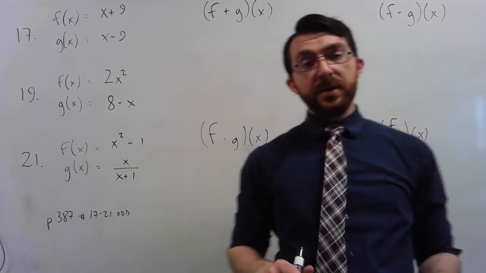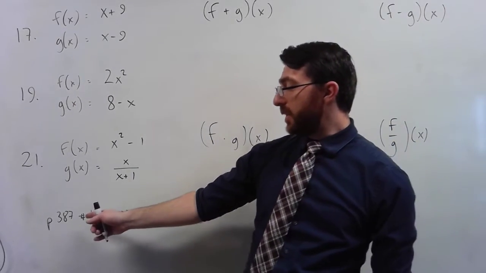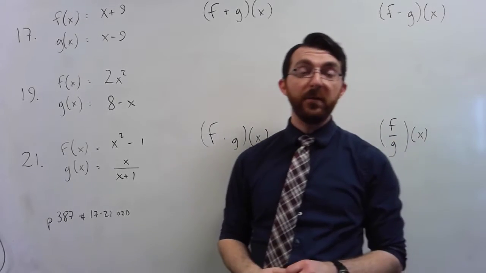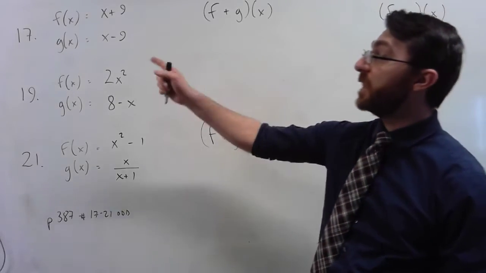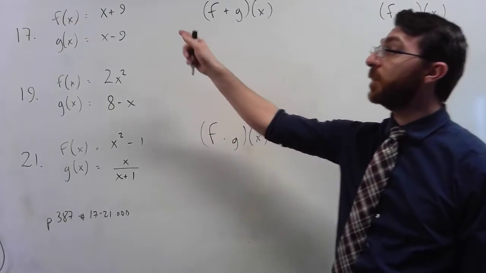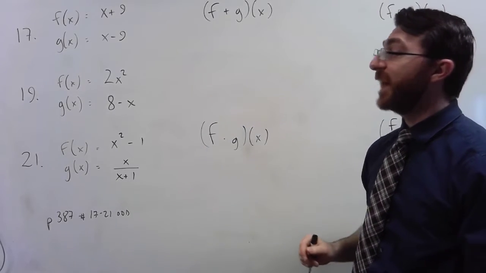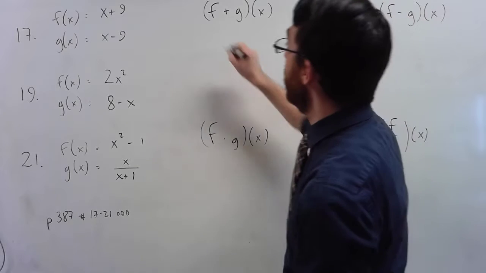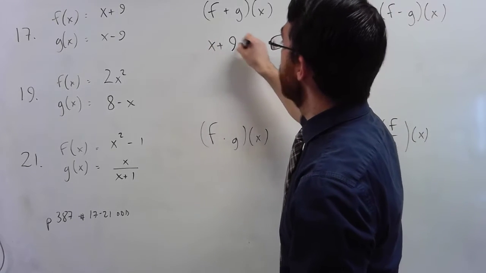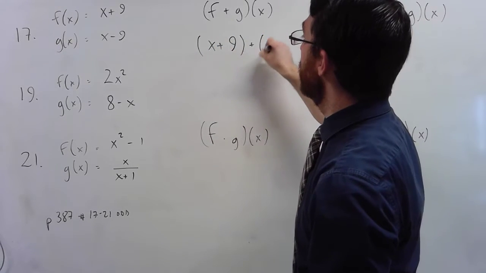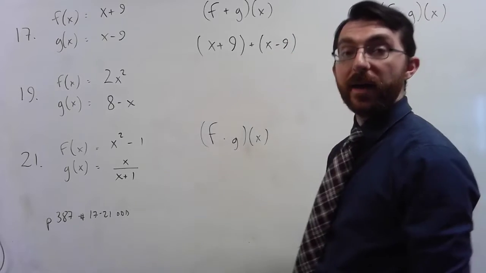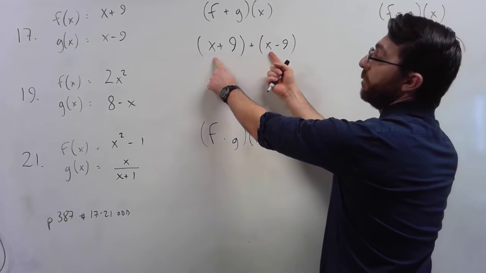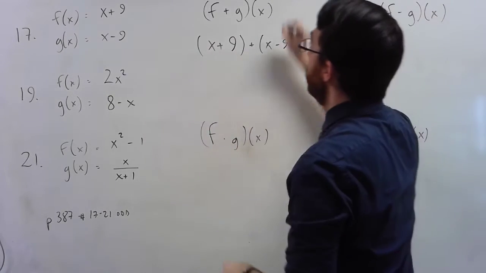These are solutions to the problems on page 387, number 17 through 21 odd. First up, number 17 says that f of x is x plus 9 and g of x is x minus 9. Simply adding them together is not so complicated. X plus 9 plus x minus 9. The x's combine and the 9's cancel, meaning this is